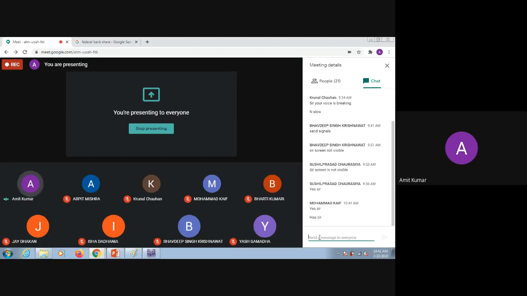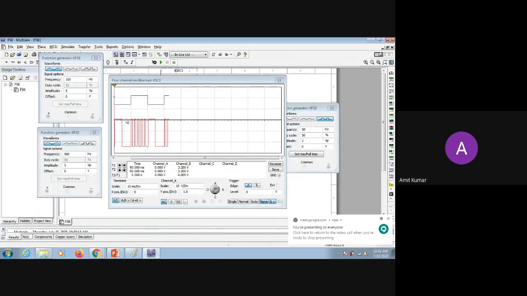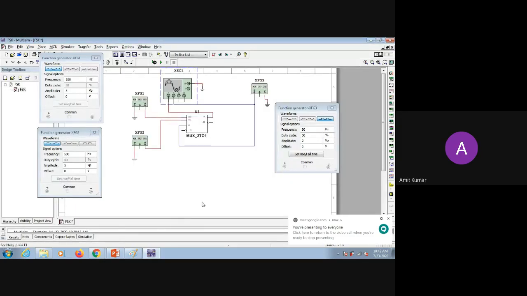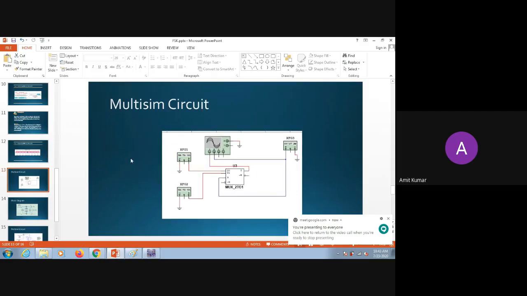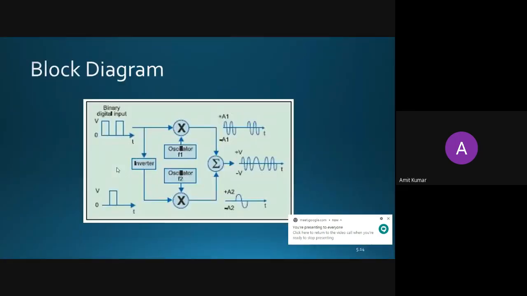So your digital signal has an infinite number of components. That's why we are not preferring to send a digital signal, because the bandwidth of your digital signal is very high. So to deal with this issue, we have come up with another solution, which is generating two ASK signals. The other block diagram, if you see, will look like this. So we will take two binary data.